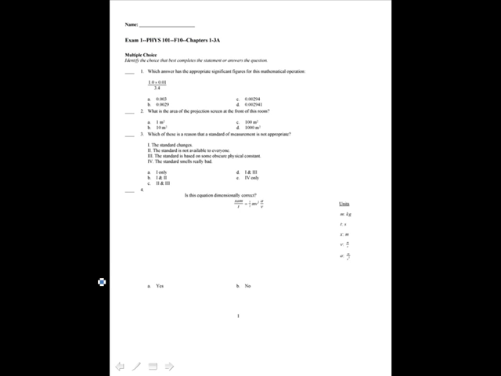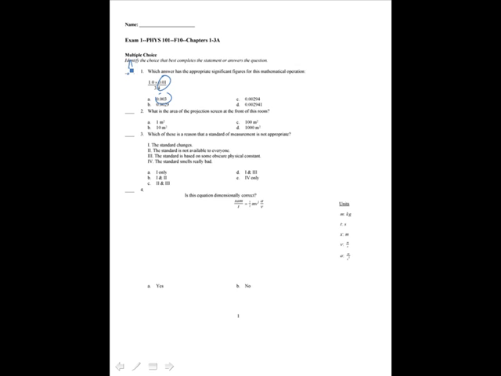Okay, this is the Physics 101 Exam 1 from fall of 2010. In number 1 it asks, which answer has the appropriate significant figures for this operation? You're multiplying and dividing numbers, so you keep the lowest number of significant figures. This has the lowest number of sig figs. It just has one significant figure, and so the answer should only have one sig fig, so that answer is